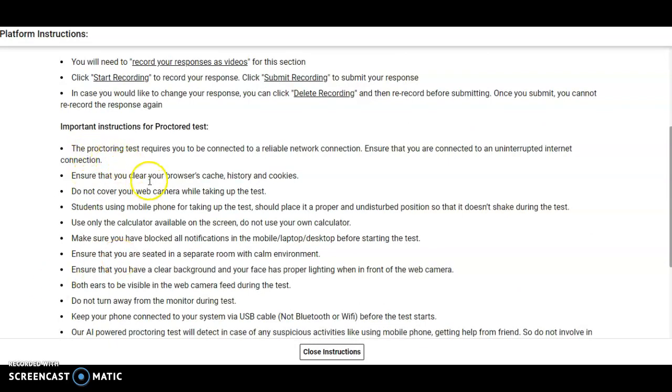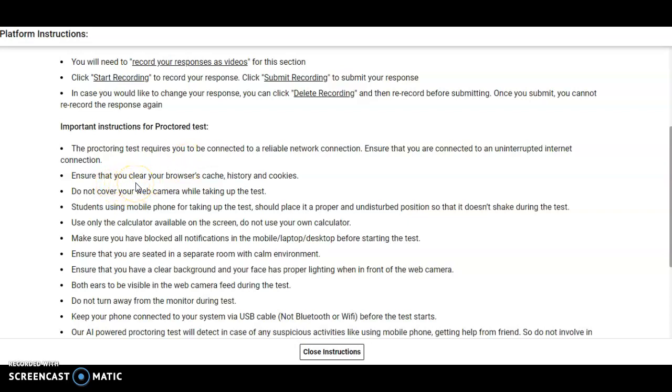That is, the proctoring test requires you to be connected to a reliable network connection. Ensure that you are connected to an uninterrupted internet connection.